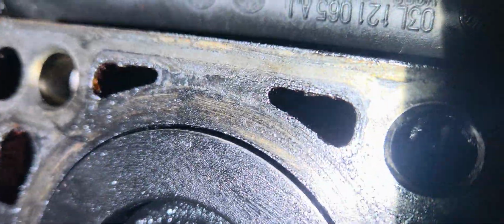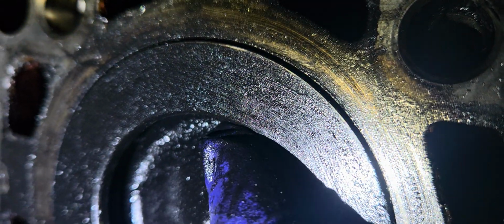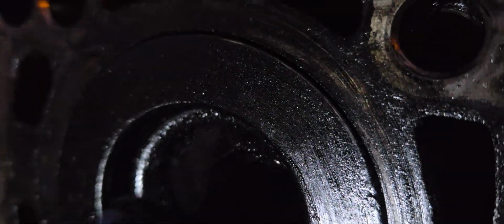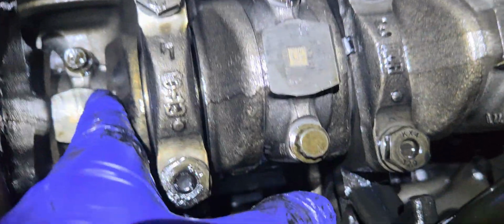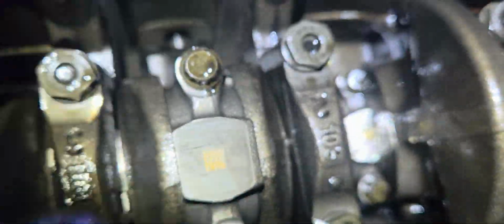Still good form. As you can see, we only change the piston ring in here, and then the plain bearing. Plain bearing is in here. So here, change also. This is the plain